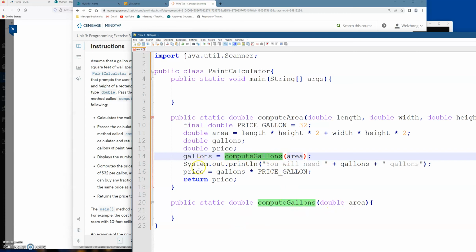And you need to print, you need this many gallons, and calculate the price. The price, we define $32 per gallon, and you return the price. For computeGallons,